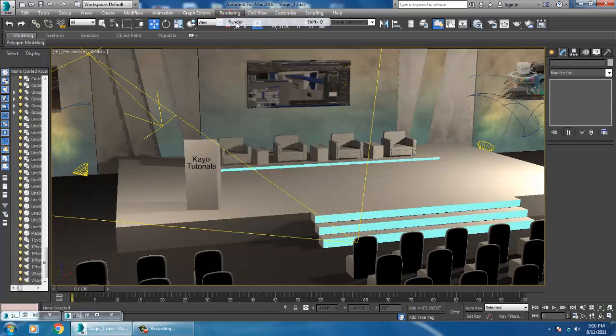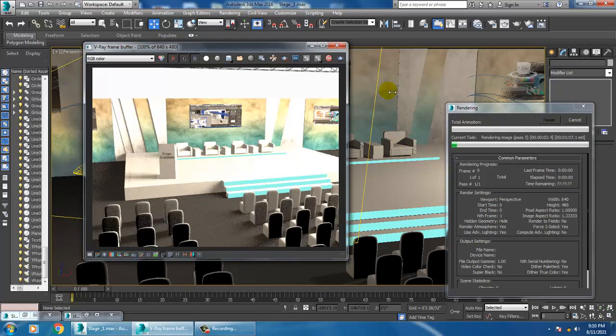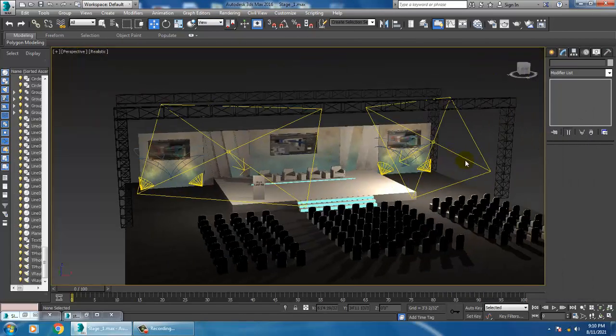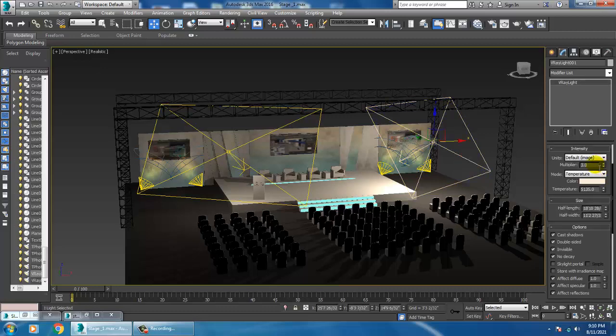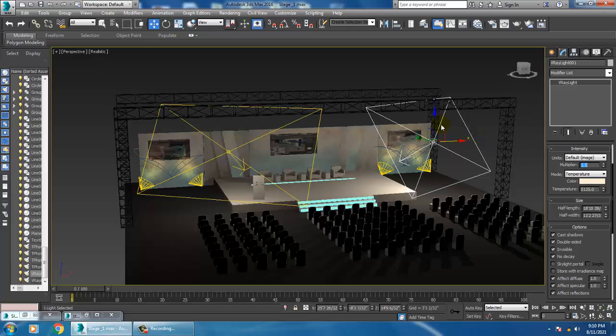Let's just render and see how it looks like. Okay, so too much of light, will be definitely reducing the lights. 1.5.